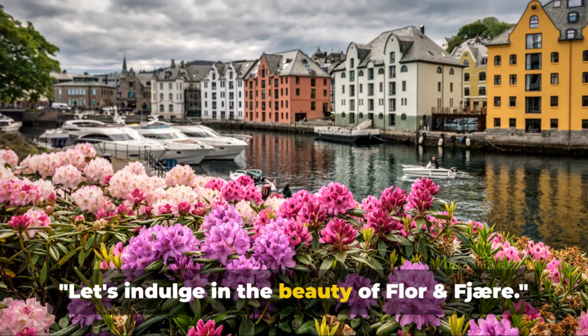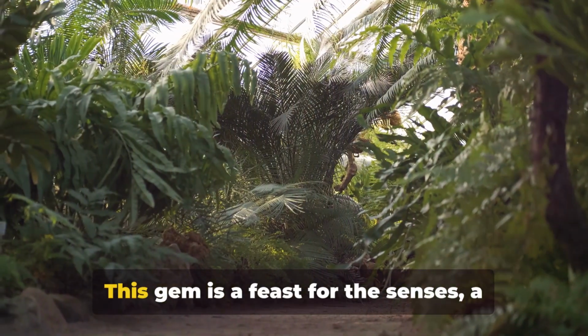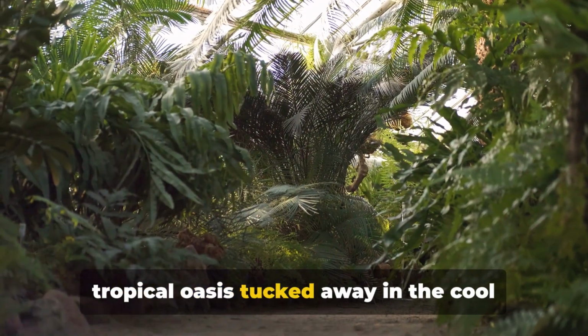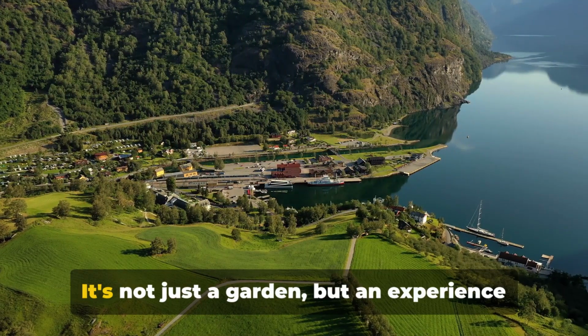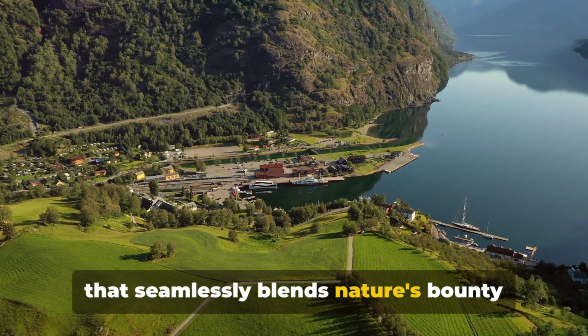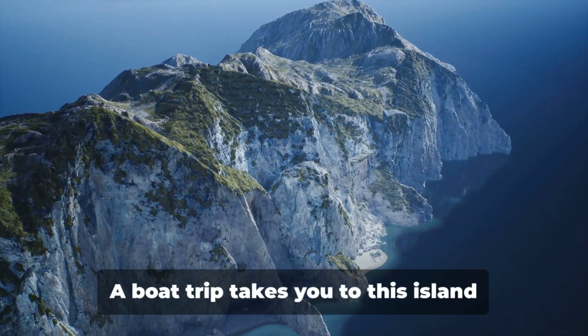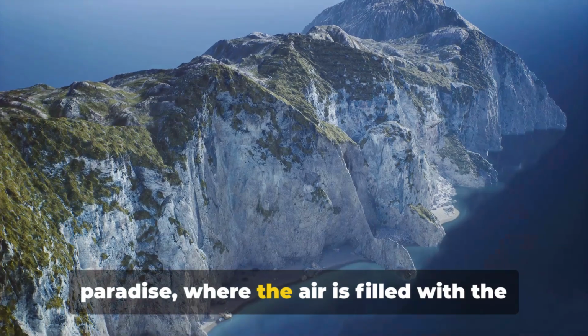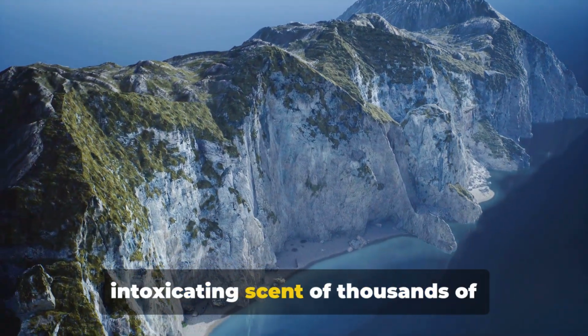Let's indulge in the beauty of Flor og Fjære. This gem is a feast for the senses. A tropical oasis tucked away in the cool climes of Norway. It's not just a garden, but an experience that seamlessly blends nature's bounty with human creativity. A boat trip takes you to this island paradise where the air is filled with the intoxicating scent of thousands